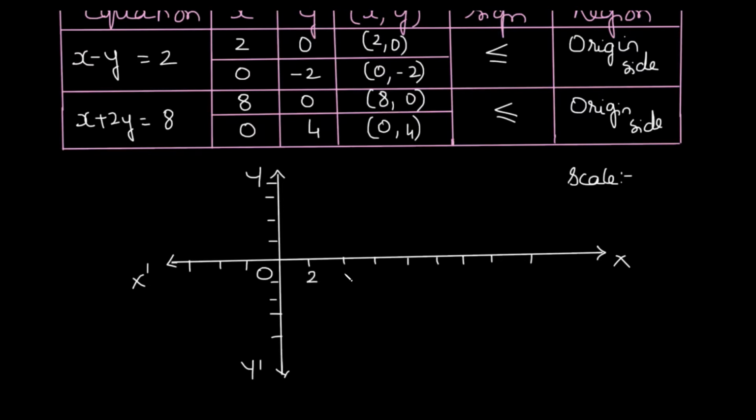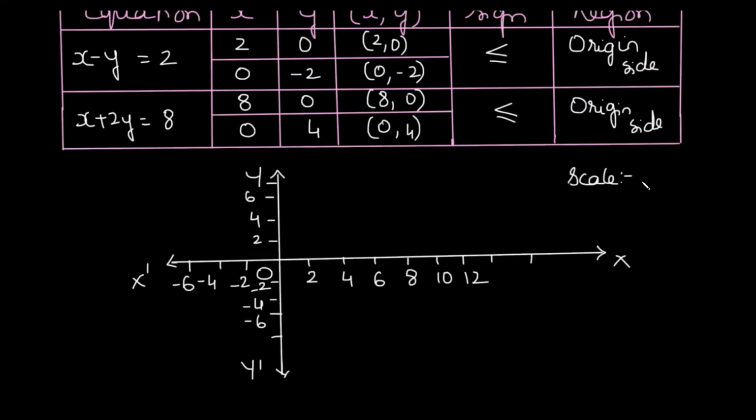So suppose we write here 2, 4, 6, 8, 10, 12 and so on. We don't need them actually. We need only up to 8 on the x-axis. The negative x-axis is not needed, but just for representation purposes, we're doing it over here. What about the y-axis? We require only till 4. So 2, 4, and 6 and 8 if you like, though you don't require them actually. Then on the negative side we only require until -2. This becomes -2, then -4, -6 and so on.